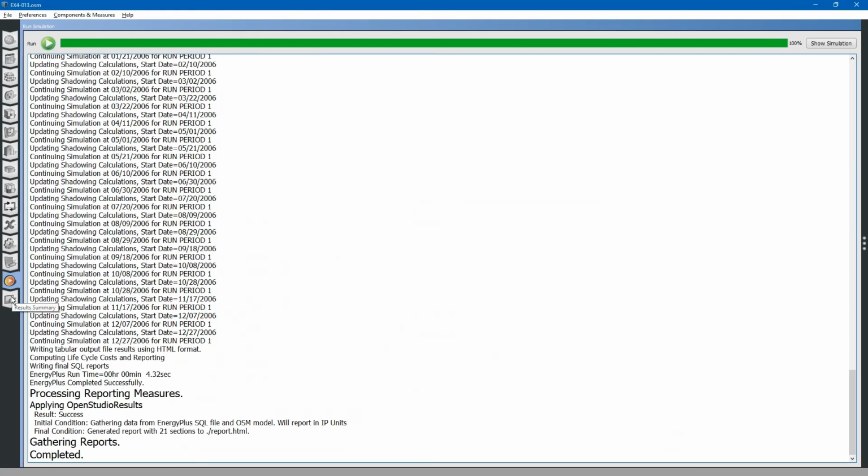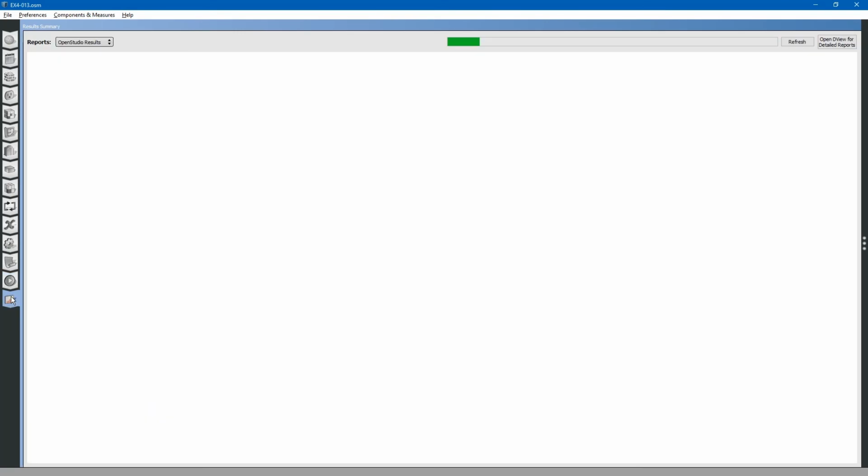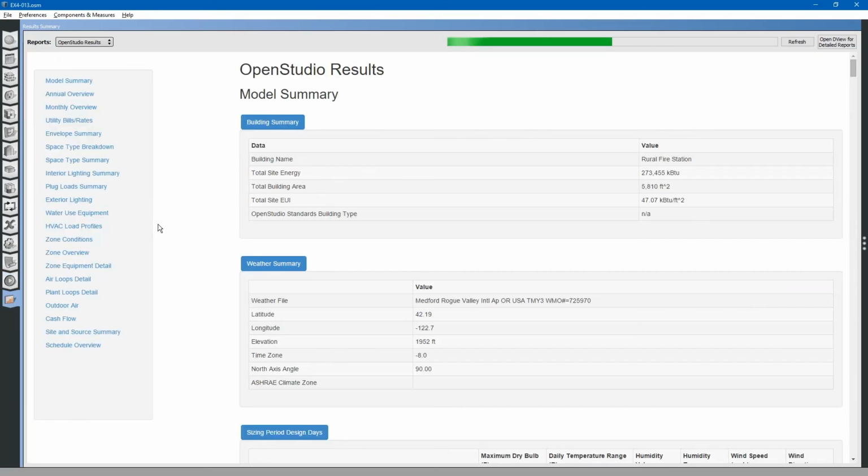And we can go to the results summary to finally see our results for the model. We will go through this